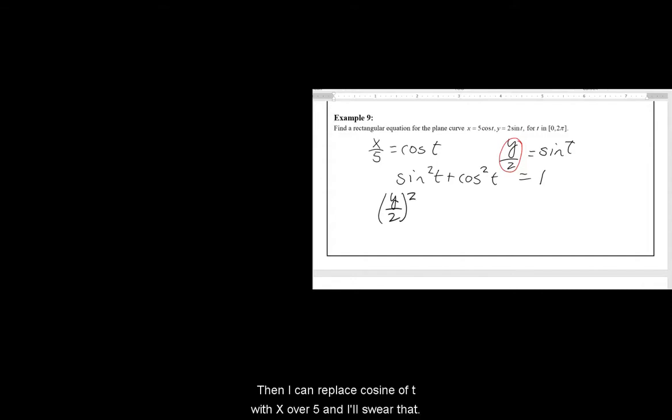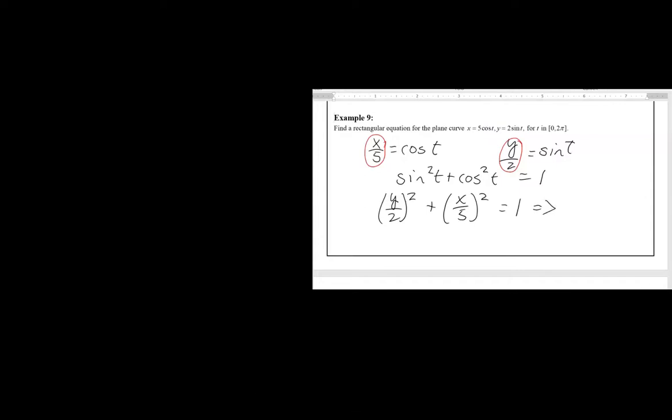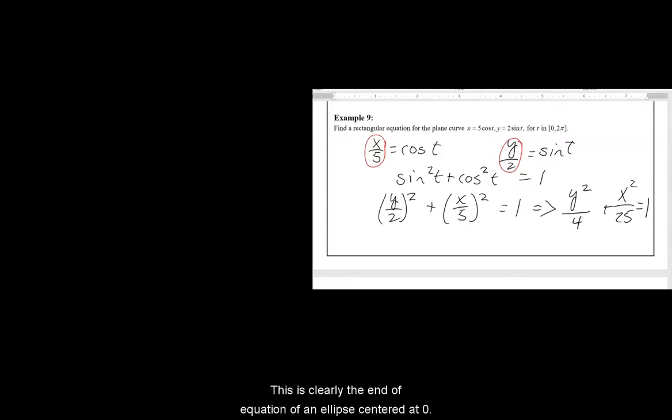Then I can replace cosine of t with x over 5, and I'll square that. Once I have these two written down, the next step is relatively easy. This simply leads to y squared divided by 4 plus x squared divided by 25, which equals 1. This is clearly the equation of an ellipse centered at 0